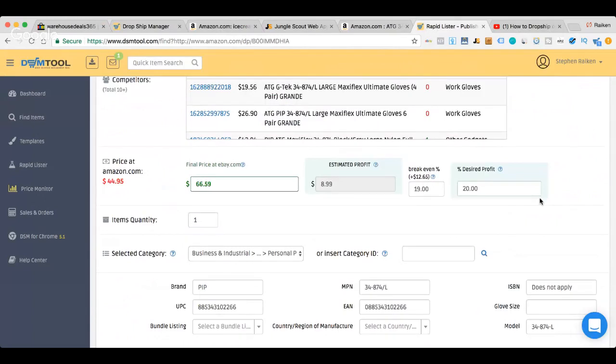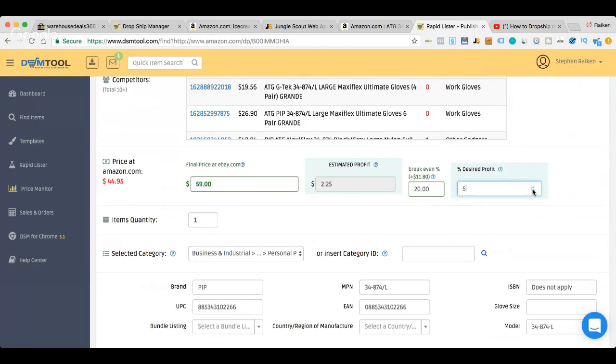So when you're selling on eBay, you're going to have a couple different fees. You're going to have your eBay selling fees, which is going to be around 9 to 10%, depending on if you have a store or not. Then you're going to have your 2.9% PayPal fee. And then you're going to have your tax when you actually purchase the item from Amazon or Walmart or Home Depot, which here in Connecticut, it's 6.35. So for me to actually break even on this product, it comes to approximately somewhere around 20% is my break even point. So you're going to want to put that in there in the tool. And then your desired profit margin.